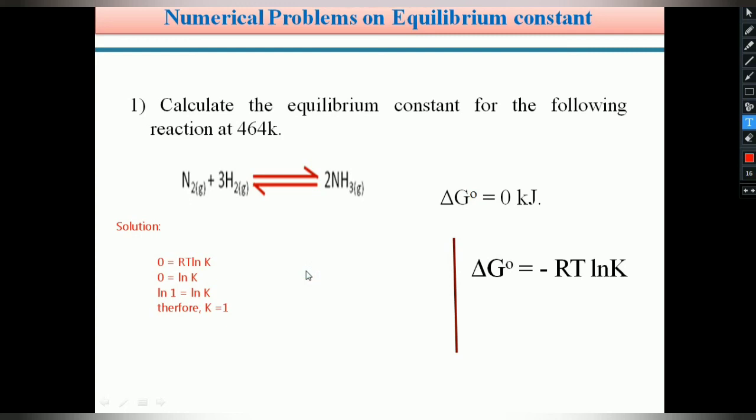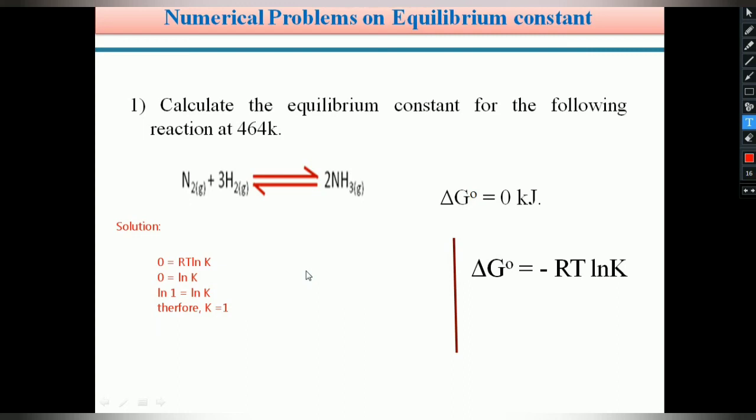In this manner, very small problems are asked in examination. Students, my better suggestion for you: don't worry if any numerical problems are visible in your examination paper, whether it is a mid exam or sem exam. Very easily solved problems are only given in the examination. Just read the given content, whatever data and problem are given, and what you want to find. Once you are familiar with that, you can solve any problem very easily.